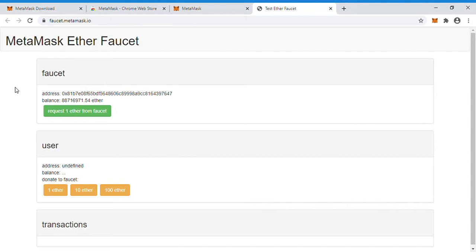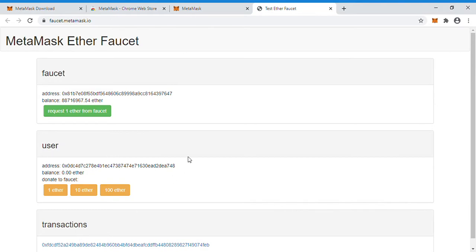You can see that here we can request one ether from the faucet, the first option. You click on the green button. Now there is a pop-up message and a notification. MetaMask is going to be connected to the Ropsten test network, so connect it. You can see that a hash value is generated. This is the transaction ID for the requested ether. Once this transaction ID is generated, we'll get one ether at a time. This is the test ether I'm getting from the Ropsten test network in order to deploy smart contracts and to transfer ethers.